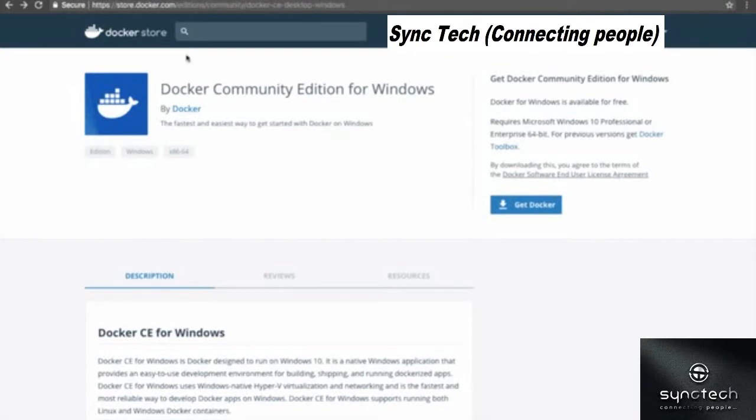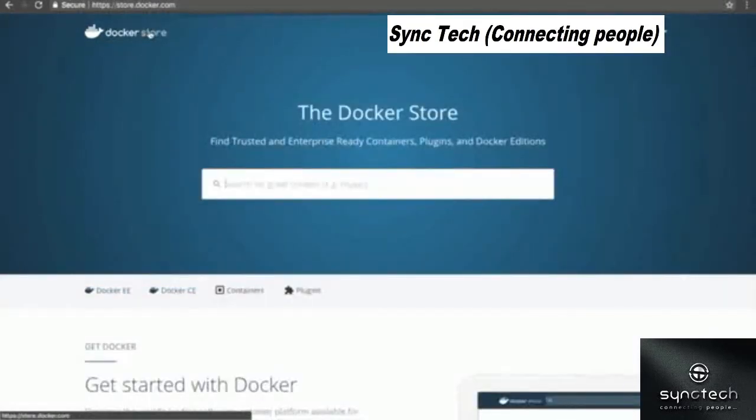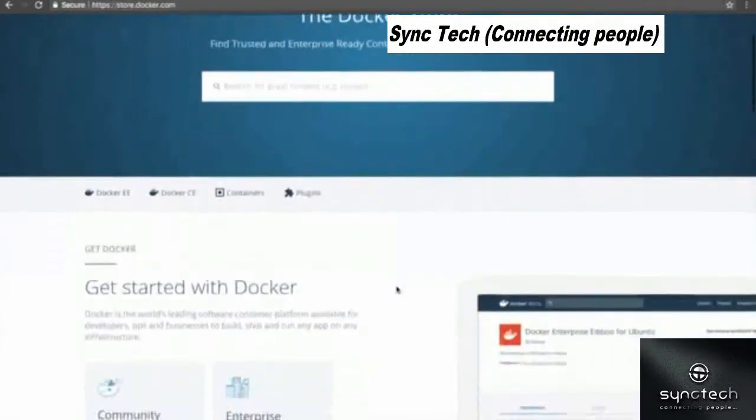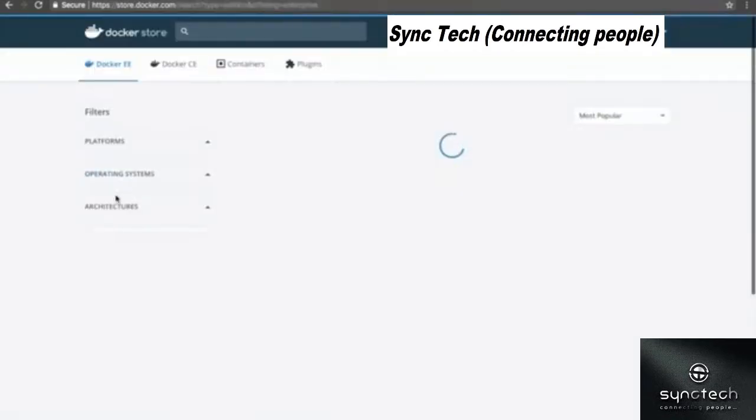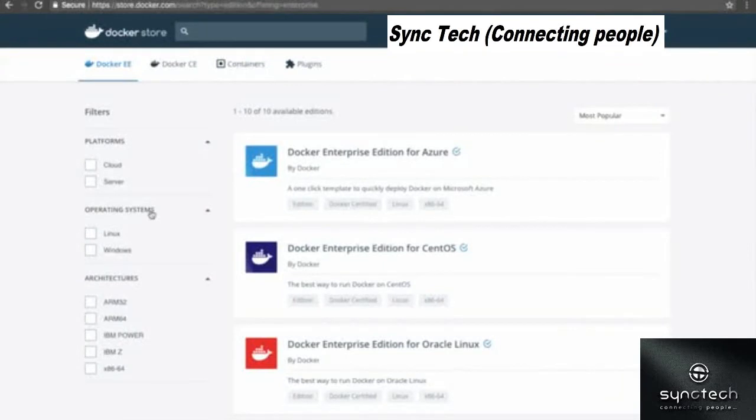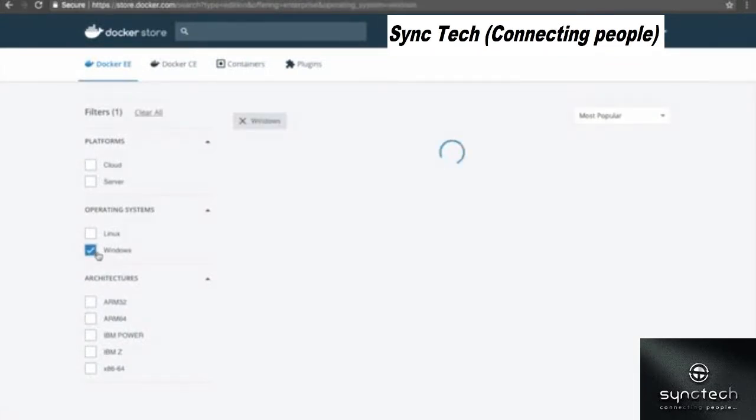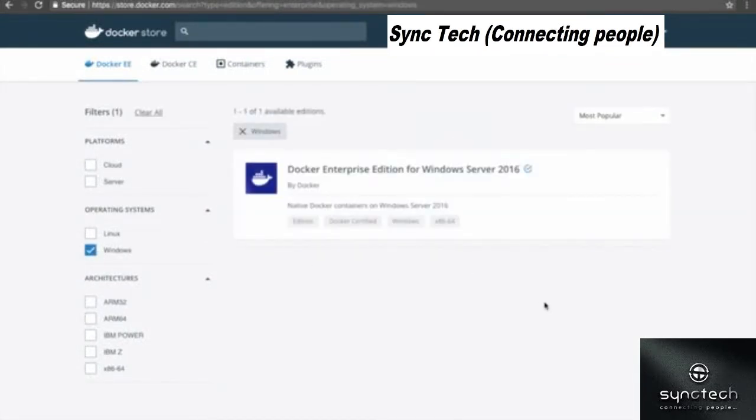So we need to go to the Docker store, right? And over here, there's a limitation. We need to go to the Docker Enterprise Edition because native Docker is not available in the Community Edition for Windows Server 2016. So I need to go to the Docker Enterprise Edition. Just click this link, choose the operating system Windows,